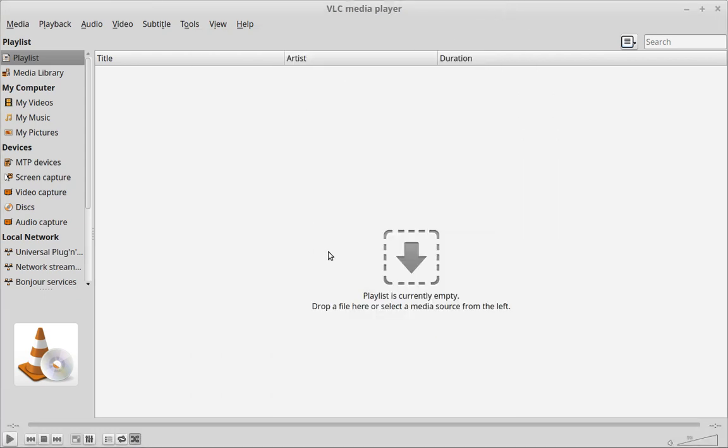Next thing I want to show you is VLC, which is one of the greatest audio players ever. VLC runs on every platform, and it'll play just about any file that you can think of. VLC has some very advanced features, and it'll do a lot more than just playback. You can use this to stream. You can use this for screen capturing. There are all kinds of crazy stuff you can do with VLC. So that's become pretty much my main video and audio player in Linux. And VLC is awesome. That's all there is to it.